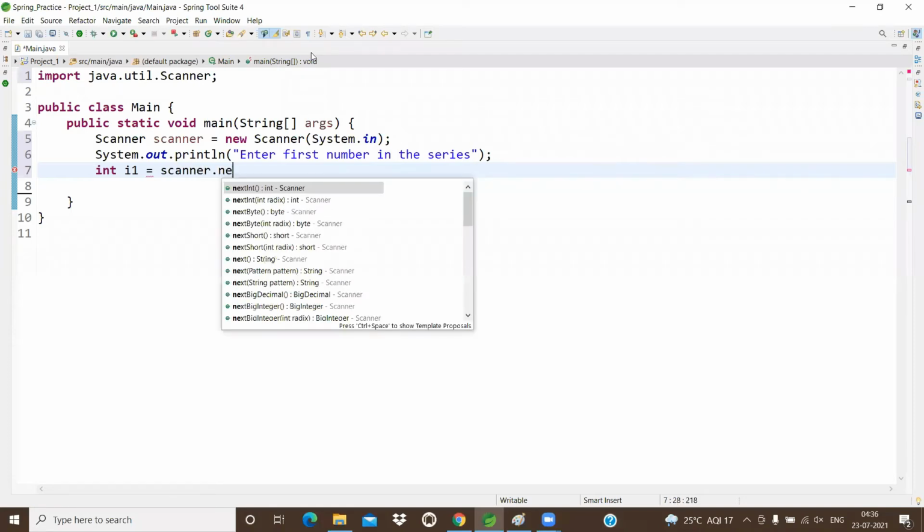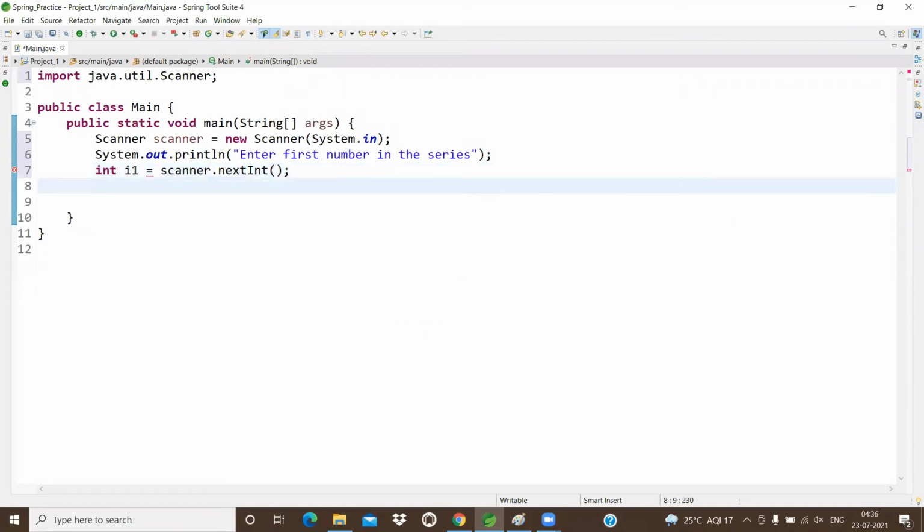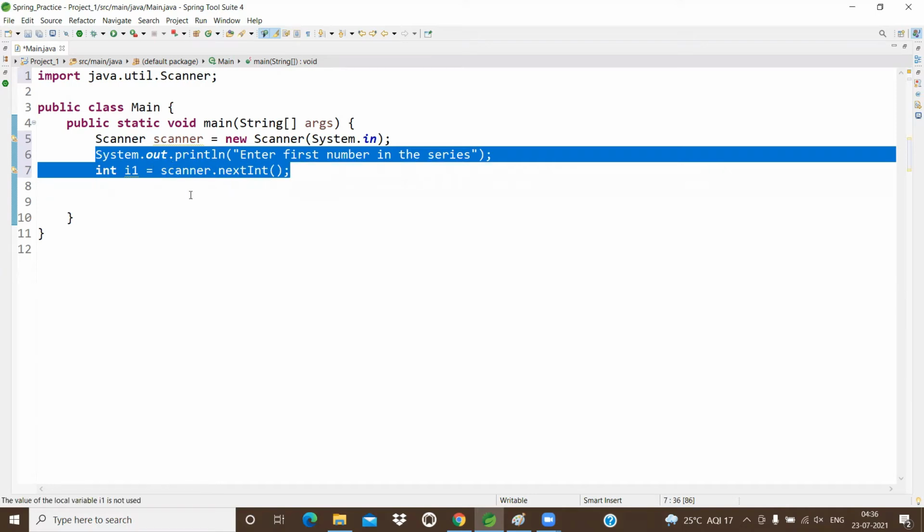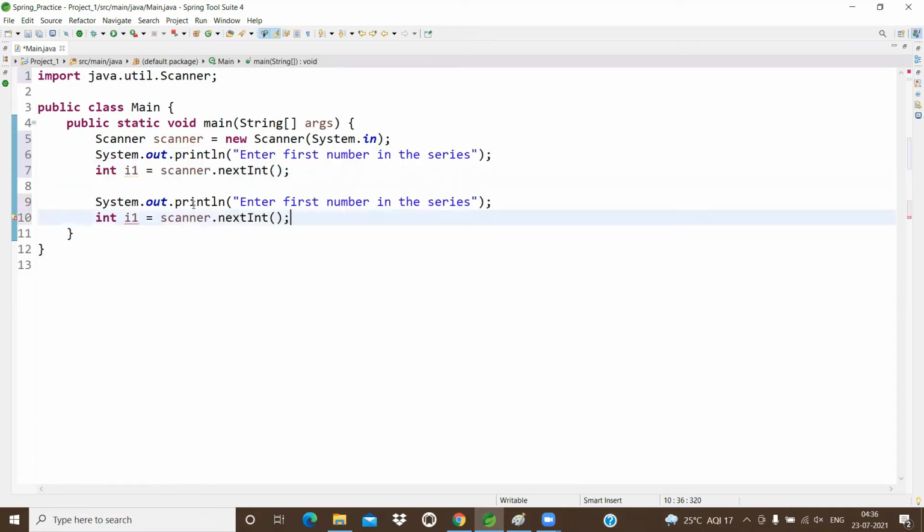So here scanner.nextInt(). After that, enter second number in the series.